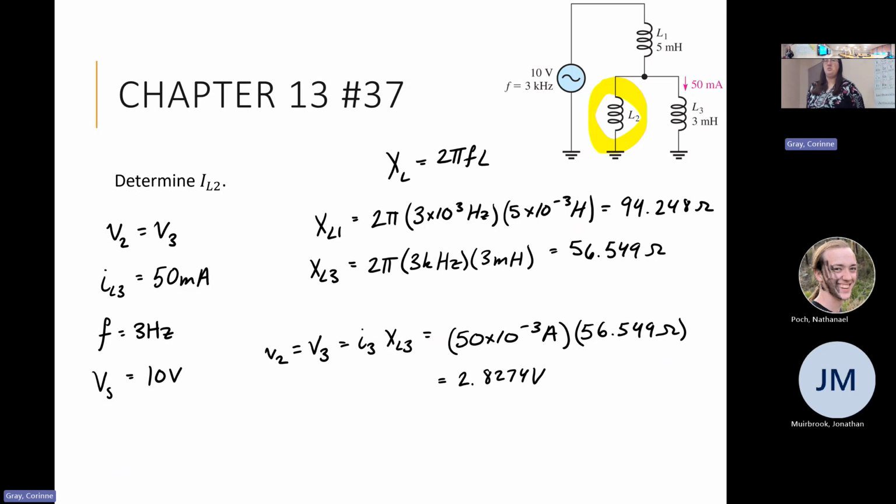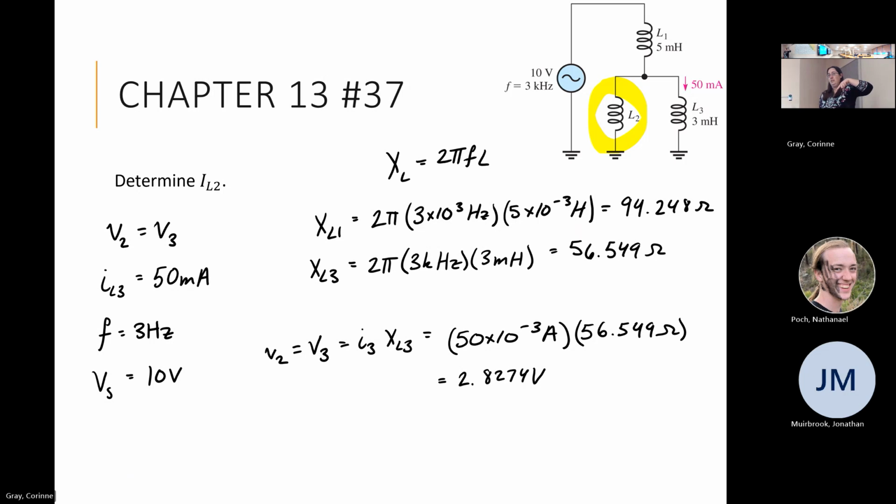Or if you don't like multiplication, what's another thing you can do? We can utilize Ohm's law once again to go through and find that current. It's not going to be 10 volts across